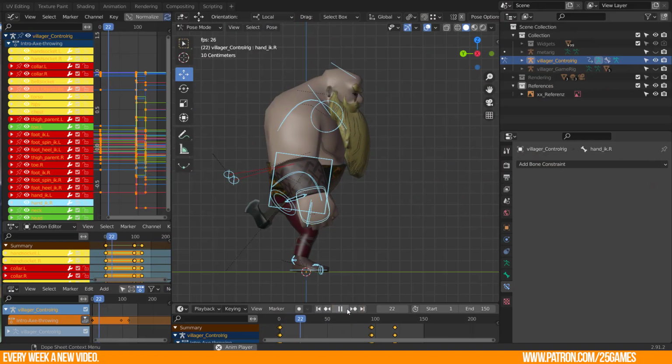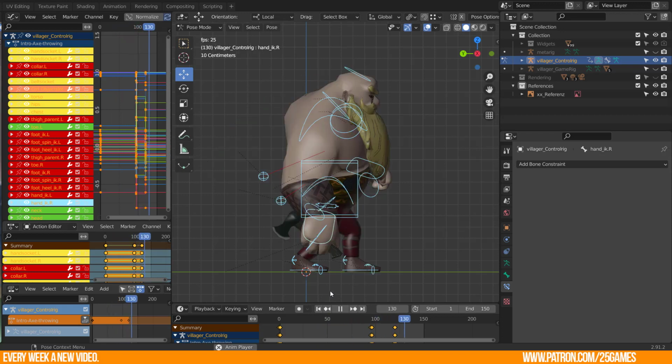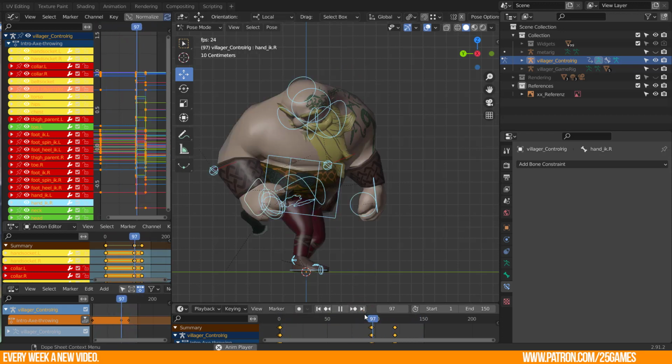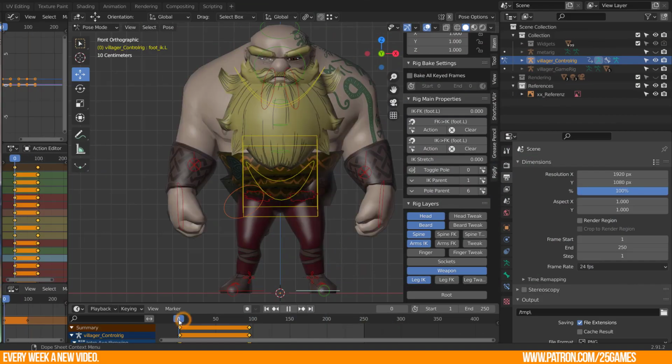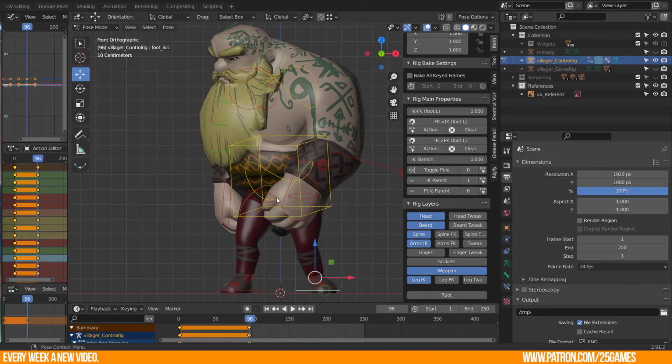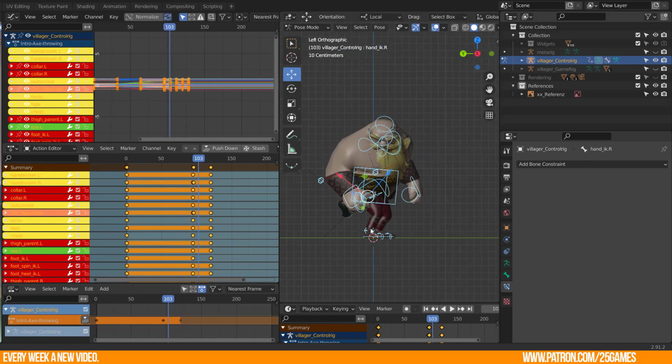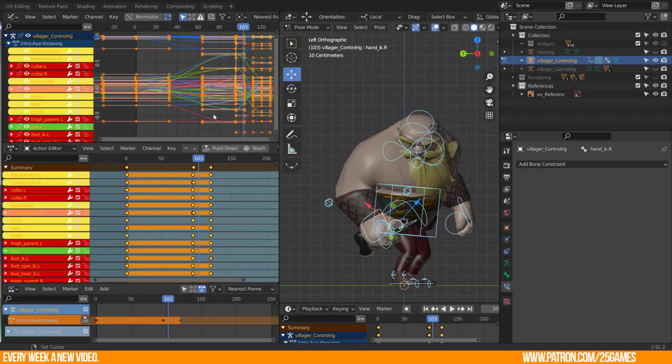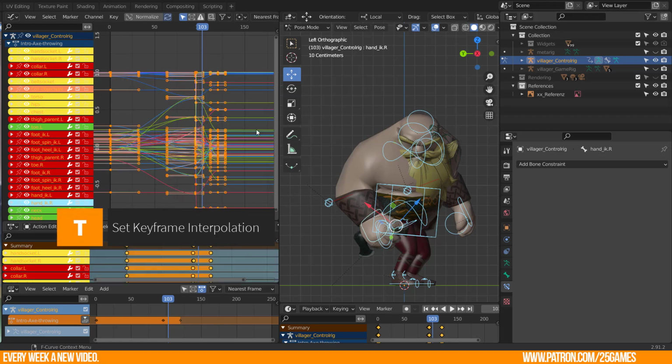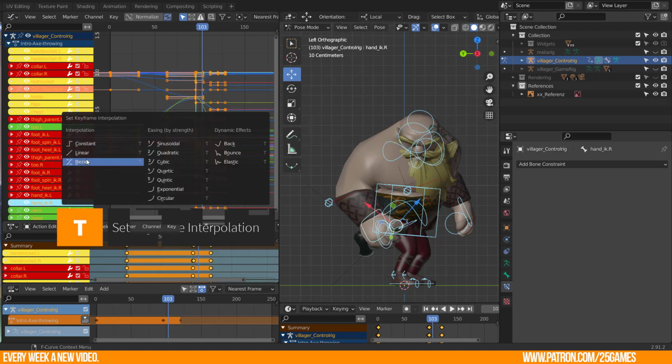I was told to start with constant keyframe interpolation poses. The animation only shows the single poses without any interpolation. This process is called blocking. As soon as you create the second pose, Blender starts to interpolate. But when you want to create the blocking first, then select all keyframes and you need to go to the graph editor, press the T key and select constant.